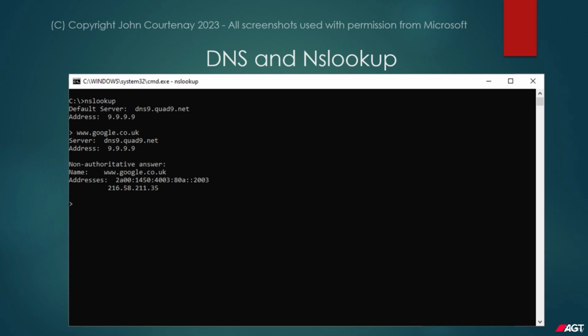Now, if we type in 216.58.211.35, notice it comes back with a slightly different address than the one we typed in earlier. This is due to the fact that in DNS, whilst domain names can point to IP addresses, a separate record type called PTR records exists within DNS for conversion from IP address back to domain names. PTR records are explained in more detail later in the course. In some cases, especially with larger organisations such as Google, it's possible to have more than one IP address attached to a domain name. This is known as load balancing, which will be explained in more detail later on in